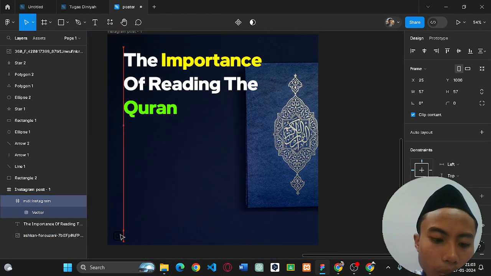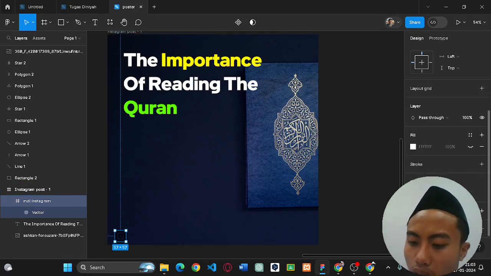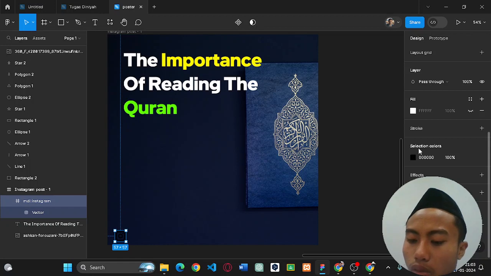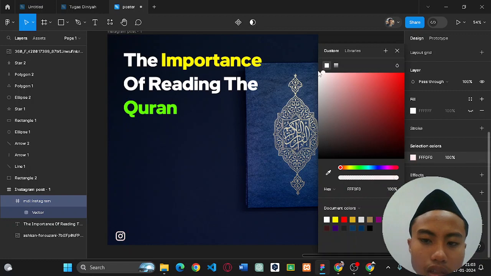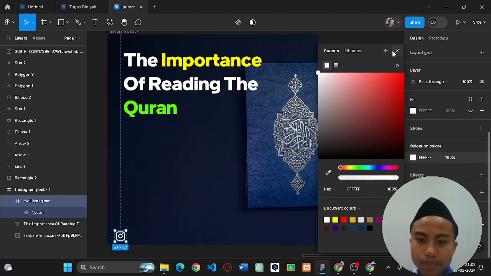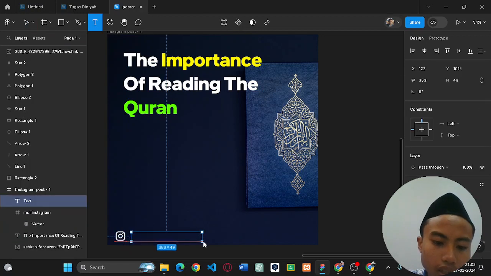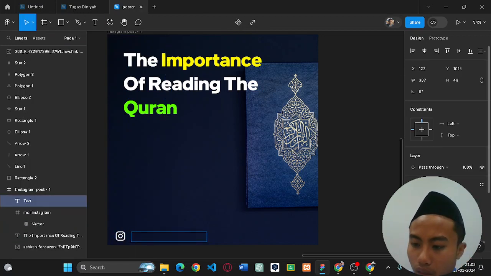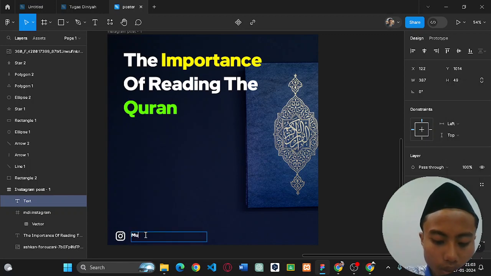Oh, but we can't see the icon. Well, we can see here the selection color is black, so let's change it to white. Then you can go to another text, and then you can put your name here, select the size, put your name like Muhammad Zaidan, boom.